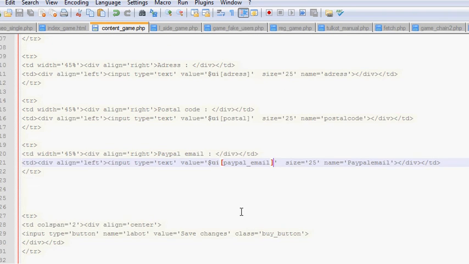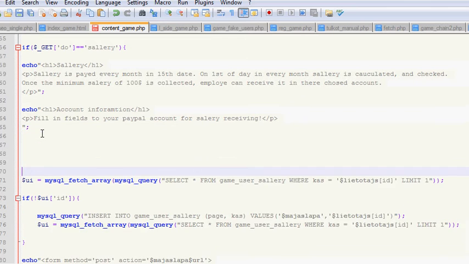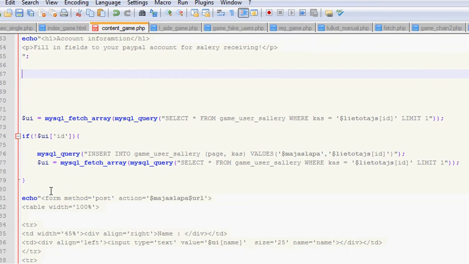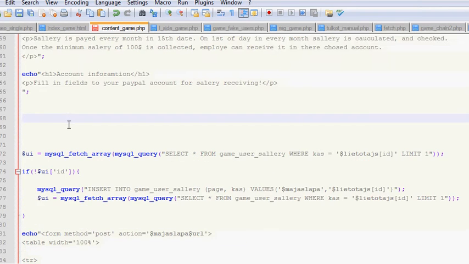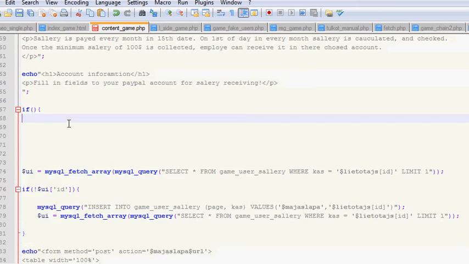Okay, so now that we have it already inserted, we should write the update function. Note that the update must be done directly before the information is fetched. If you put it under, the information is fetched, and then you update information, and then it shows the old information. So we need to first update, and then we can fetch information. So in this case, we write if